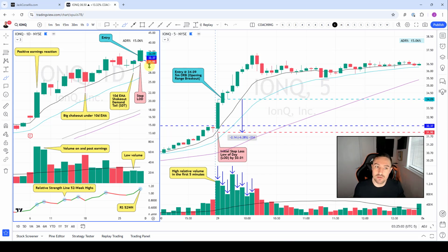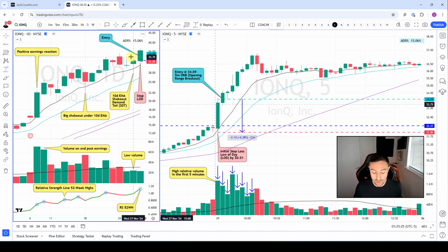And I'm looking for those types of candlesticks around the 10-day EMA, the 21-day EMA, or the 50-day simple moving average in most instances. So on the prior session, you get this really nice shakeout demand tail. So I'm then looking at this thinking, okay, I want to target this shakeout demand tail, leading stock, setting up as per my criteria. One of the issues here was if I was to do a buy stop limit order,